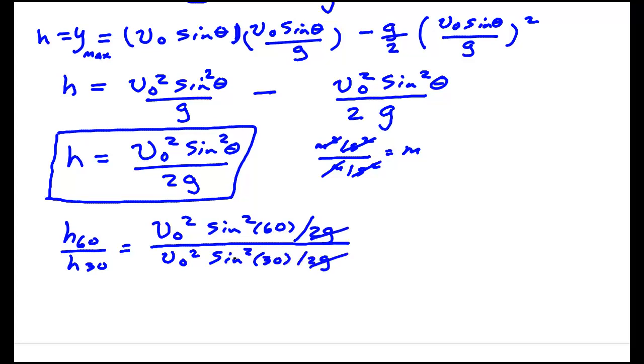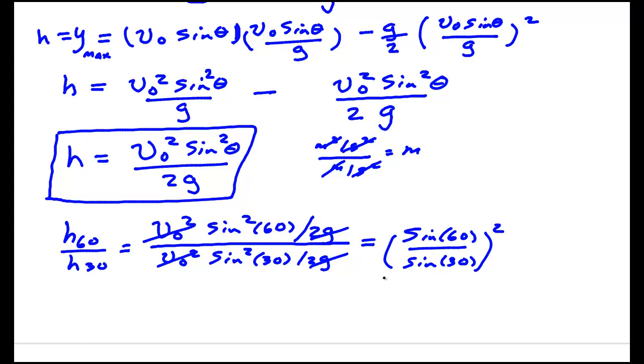The 2g's cancel, the v naught squares cancel, so there's no need to know anything about the speed of the projectile as long as it's not 0. If it's the same, it doesn't matter. Notice the gravity, as long as there's gravity, it doesn't matter if this is done on the moon or on Earth, you get the same answer. It all cancels out. And you simply get the sine of 60 over the sine of 30